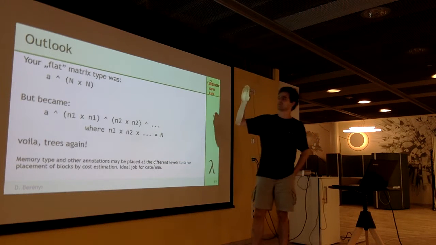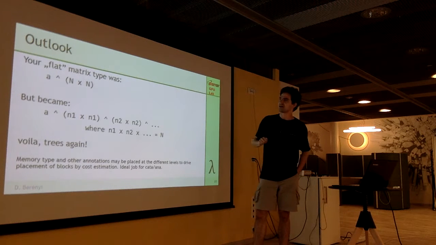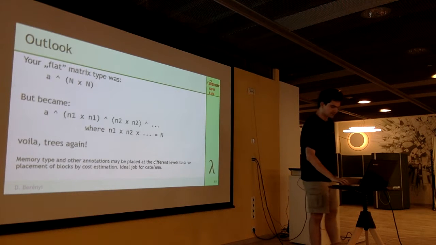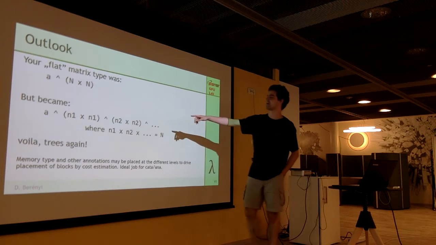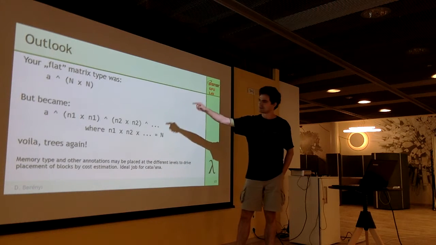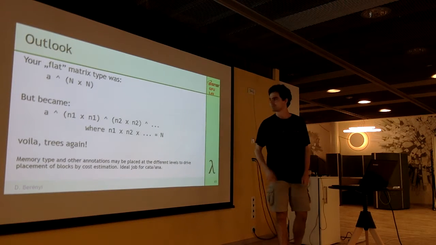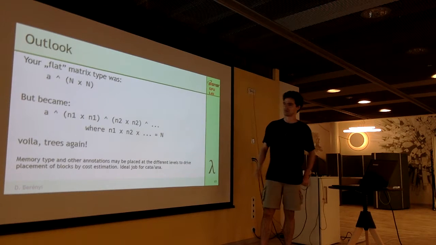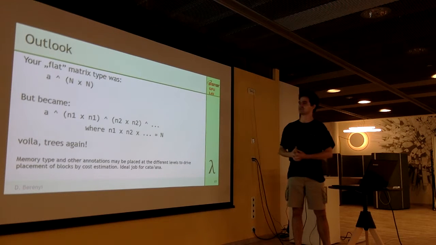So you started with, I love to use power types, that your A, the underlying type, that was a complex double, for example, raised to some product, where n is the size of the matrix. And it will become a nested power type, where the different levels show the different sizes at each level. And of course, their product should match the same thing. Now, voila, we have trees again, and now we have hierarchical data that we should work with.